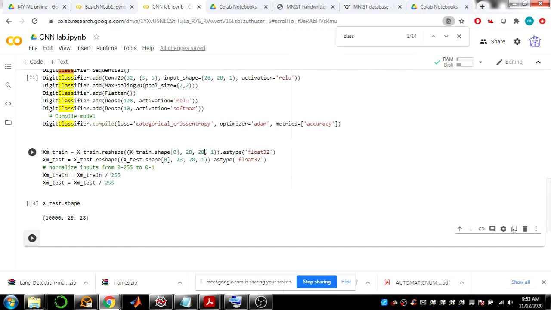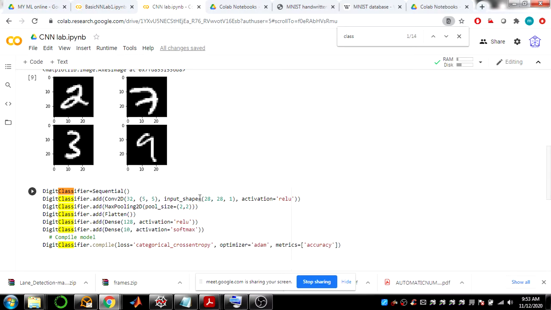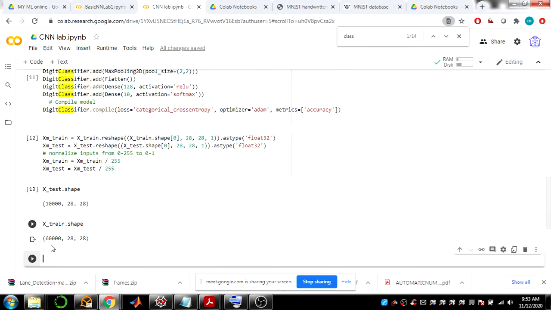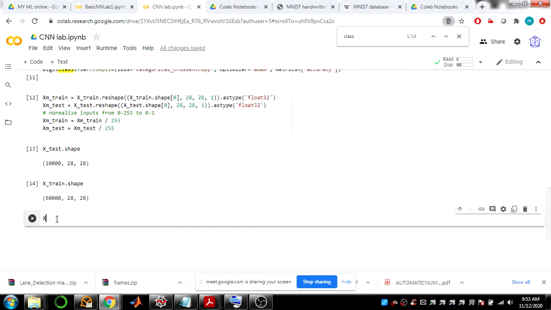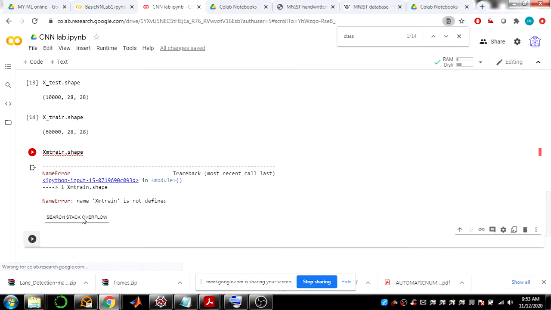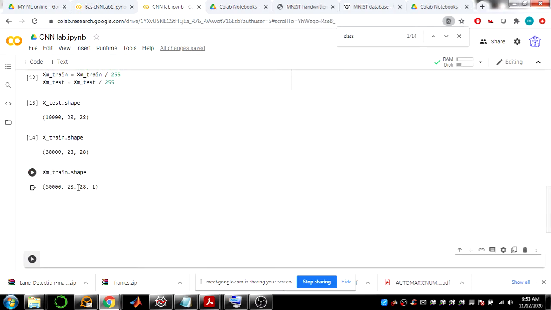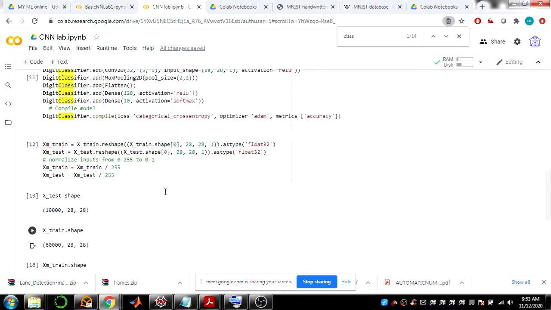We are bringing them to the shape 28 by 28 by 1, adding one extra dimension, because we have taken the input of this kind, so to match that we are reshaping. Looking at X_train.shape, there are 60,000 images, the same number, but with one additional dimension to match this input shape.